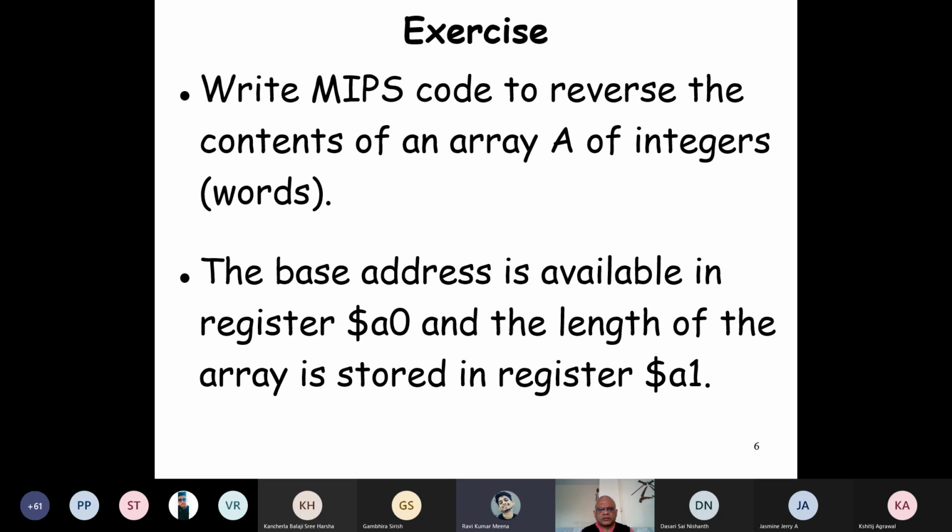Reverse. Okay. What do we do? What will be the steps here? Like we can use, like, sir, first we will store the array in a stack or, whatever, in a linked list. Then we can traverse through the array or linked list. So you are saying use another storage, right? Okay, that may work, but we don't want to do that.